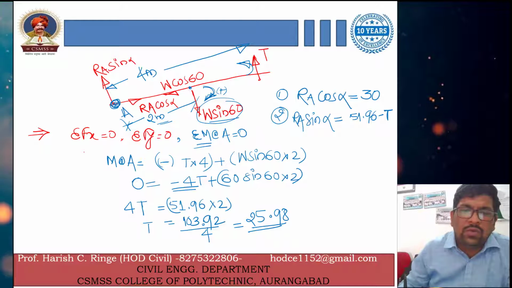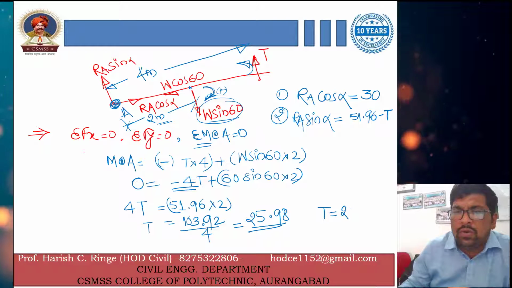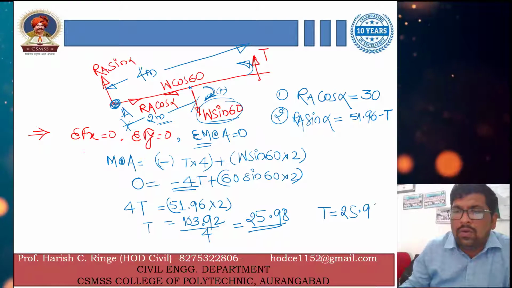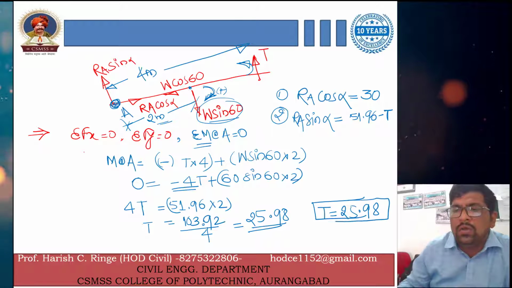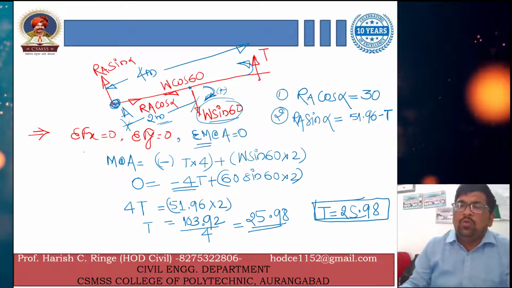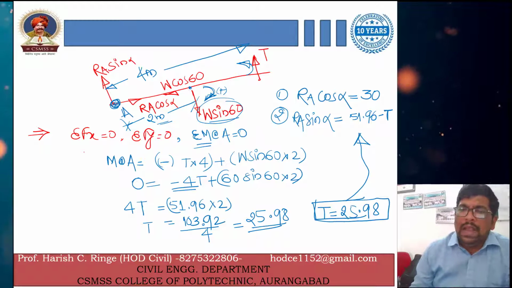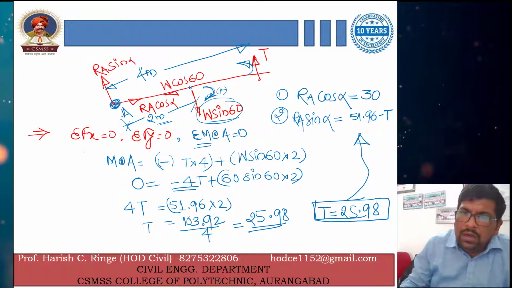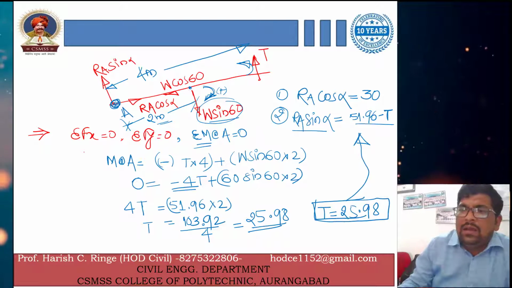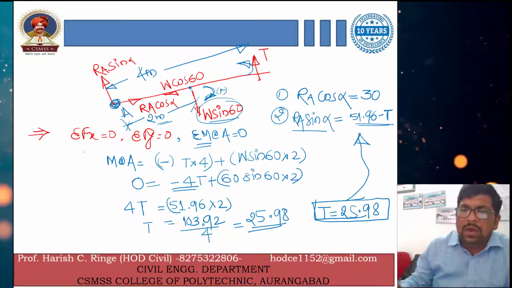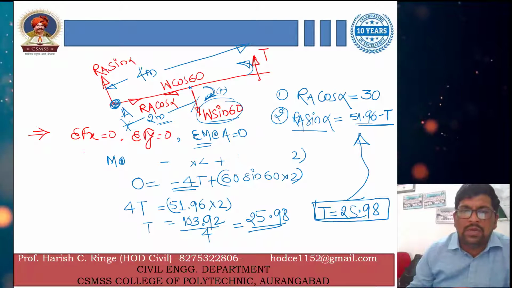So this t is equal to what? I will write down over here, t is equal to 25.98, right? So what you are supposed to do now is put this value over here in equation 2 and find out a particular value of Ra sine alpha, how much you are getting. So I will just delete all this. Hope you have got this formula and these particular steps.